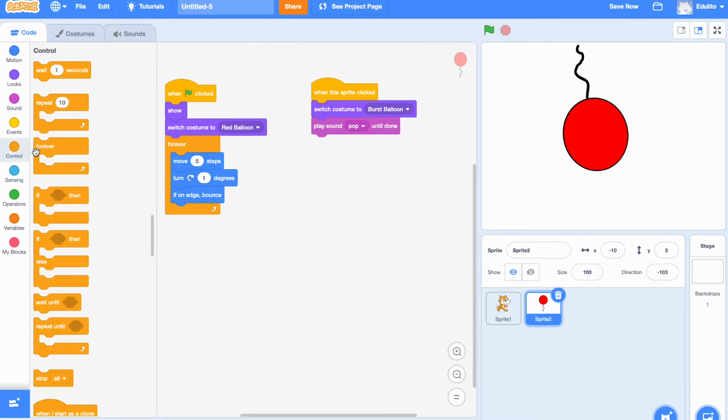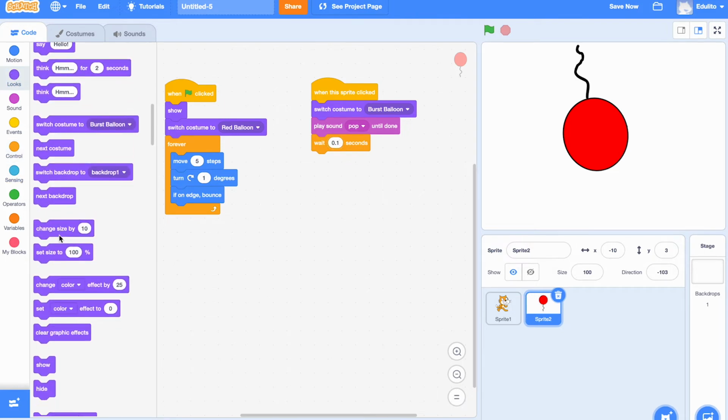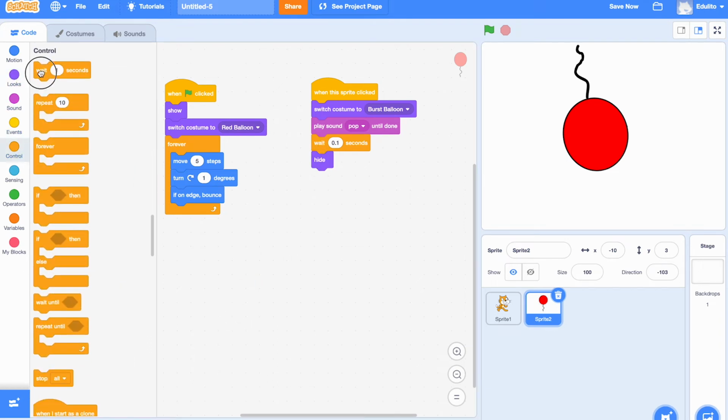Right, that looks good. And what we're going to do now is a wait. So let's wait, let's say 0.1. So the balloon will burst, 0.1. And then we're going to hide the balloon, so it looks as though it bursts and disappears. We're going to then wait 3 seconds this time. So what will happen is the balloon will disappear for 3 seconds and then reappear all over again, so we